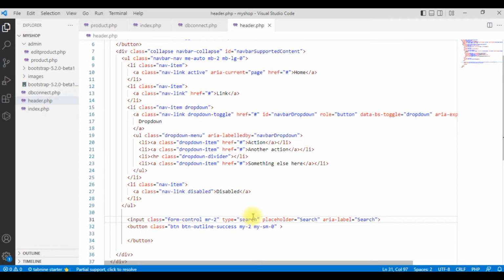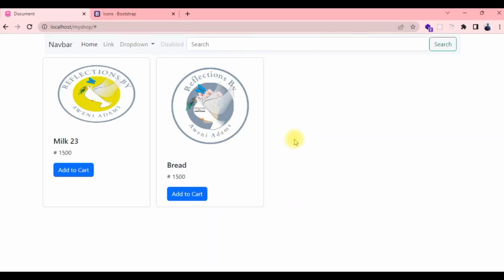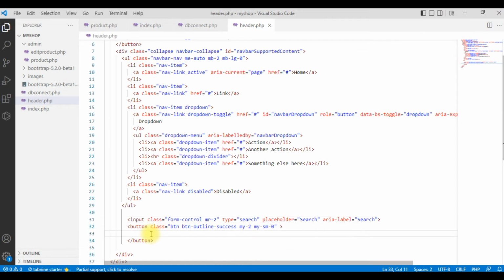Okay, so now let me check the form, the button, and see what it looks like. So it's very tiny now. So what do we need to put there? What we are going to do is that in between it, rather than having search, we have the other time, what I'll do is that I will create a variable